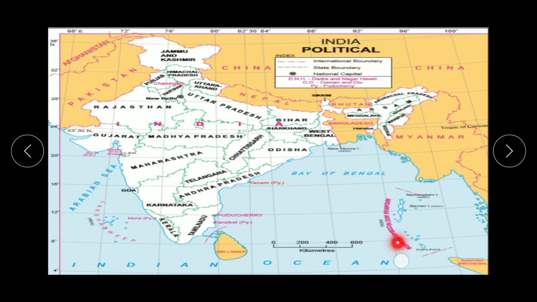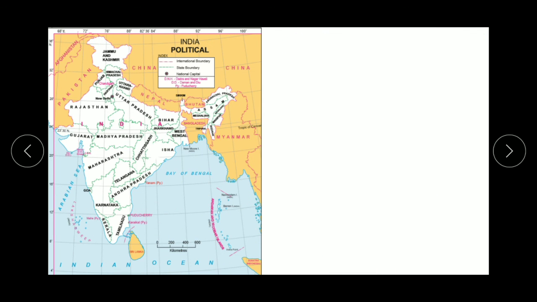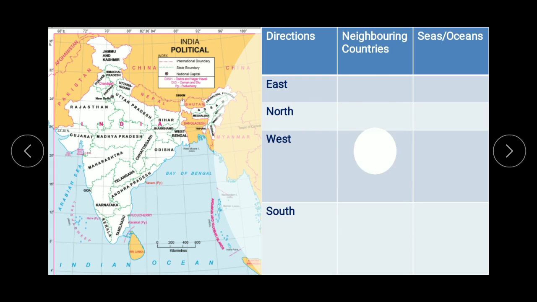And here, where I'm pointing, is Indira Point, which is the southernmost tip of India. It is located on 6 degree 45 minute north parallel. Now by observing this figure, we have to answer the questions,